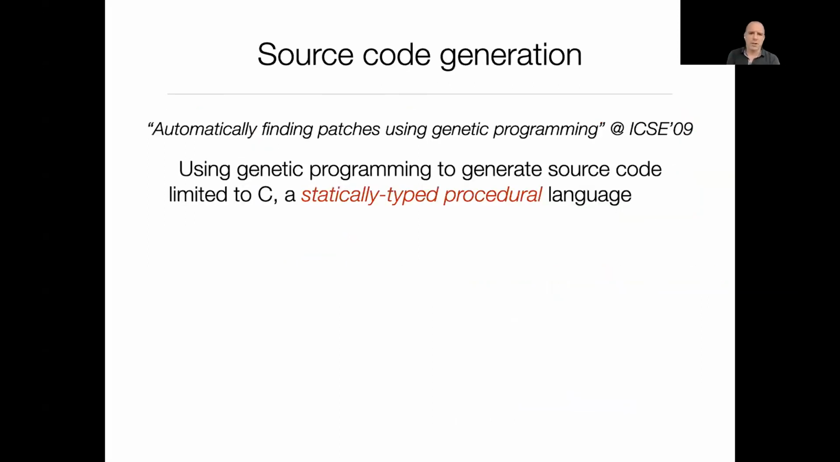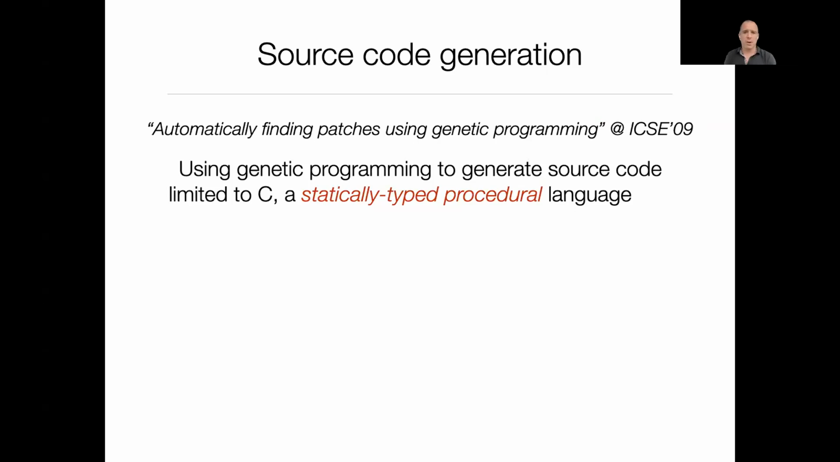Source code generation has been the topic of a paper in 2009. This paper is titled Automatically Finding Patches Using Genetic Programming. This is a paper that uses genetic programming to generate source code to fix bugs. In this paper, genetic programming is used to generate source code, and all the experiments were conducted using the